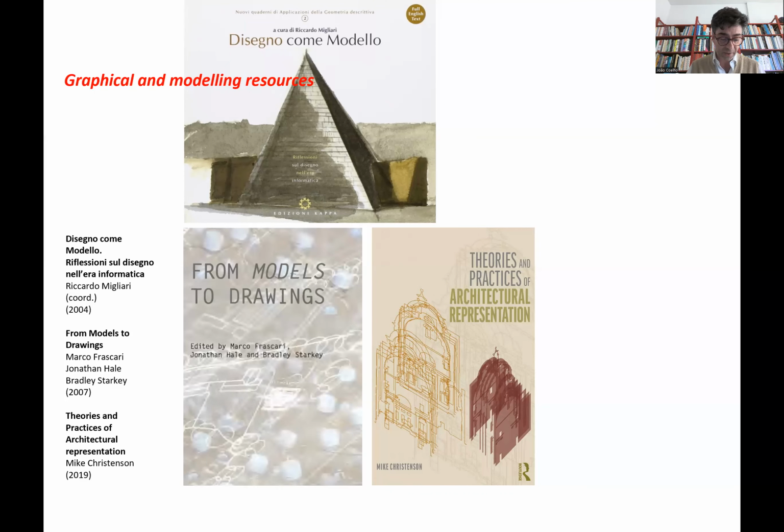Taking the words of Frescari, the graphic reasoning in architecture teaches the look to go beyond the visible image to an infinity where something new from the invisible is found. In the same order, Christensen expresses that to say that architecture becomes thinkable through representation is another way of saying that representation provides a framework for thinking upon which or through which concepts and architectural ideas are perceived, questioned, and organized.